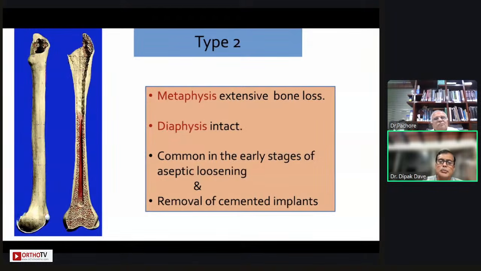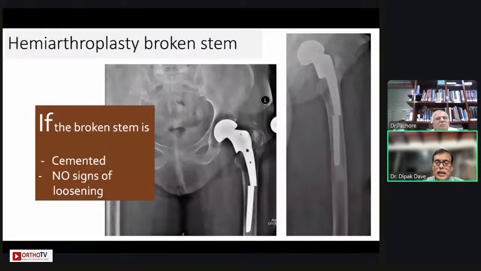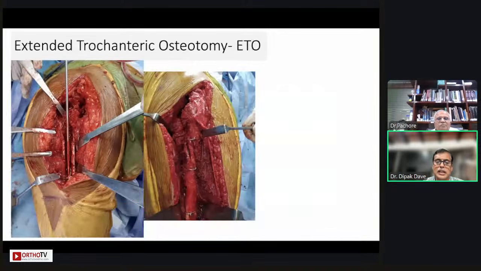Again, two examples of type 2. You can see here what is type 2. Diaphysis is intact, but in the metaphysis there is more bone loss, that is, extensive bone loss is there, but remember the diaphysis is intact. Here this is one example, loose proximal portion, the metaphyseal bone loss is there, done an